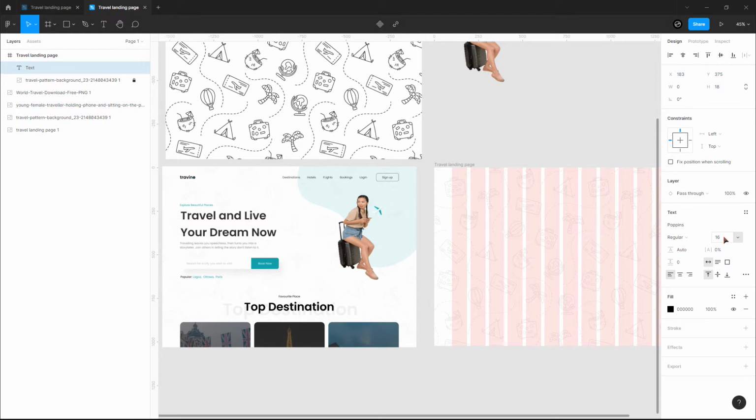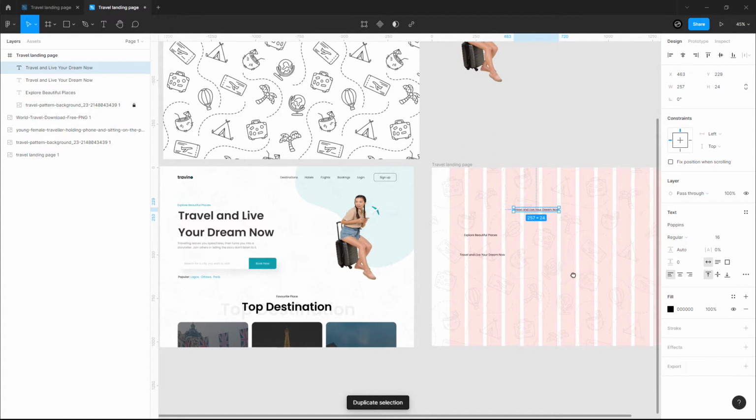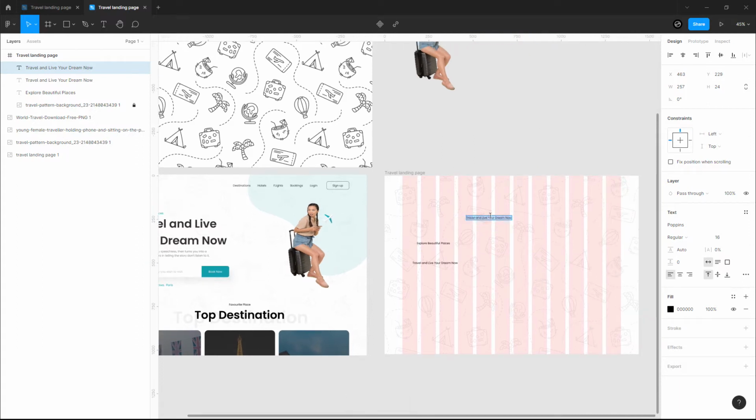My normal size is 16, which is the standard font size for web. So I'm going to type out all these texts right here. Travel and live your dream now. Okay, so I want to do that for the menu. So I'm going to type that: destination,